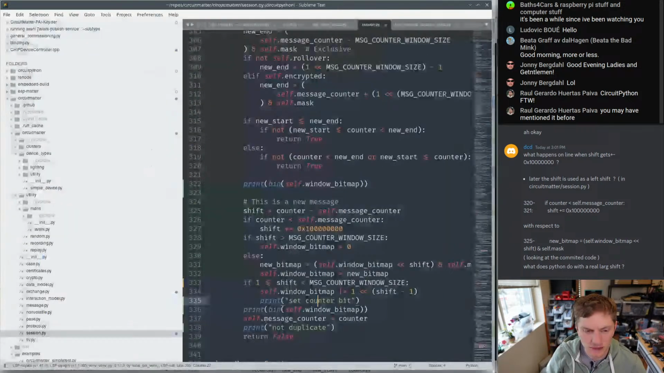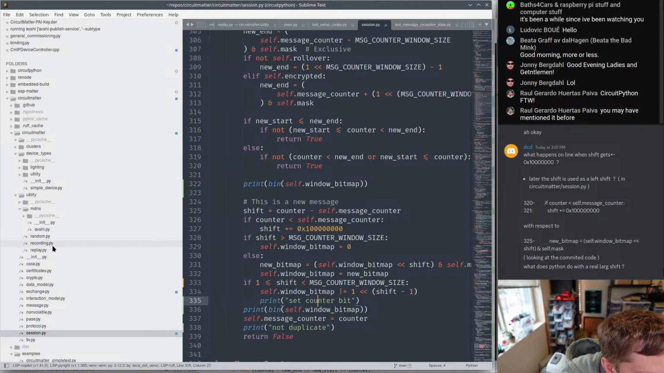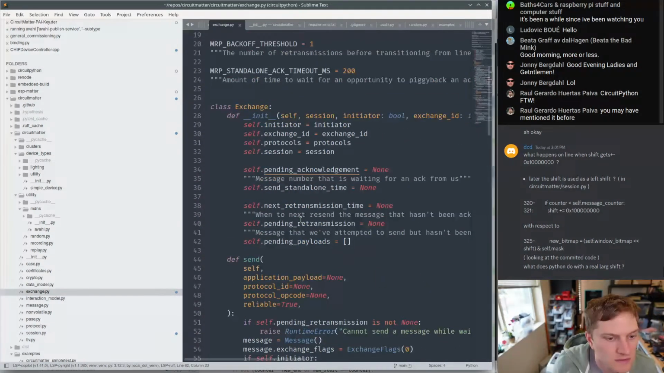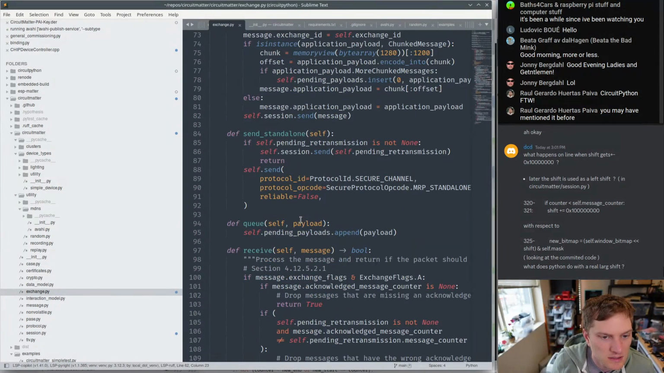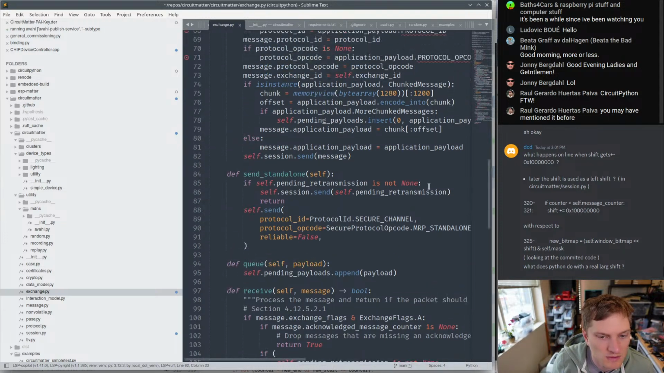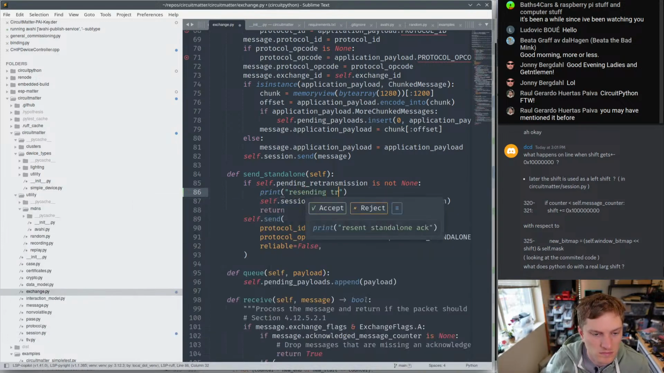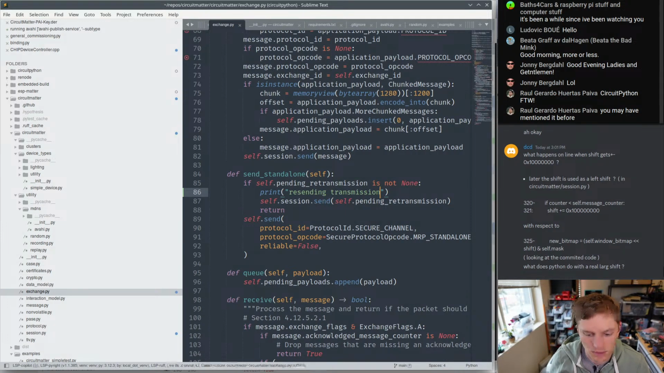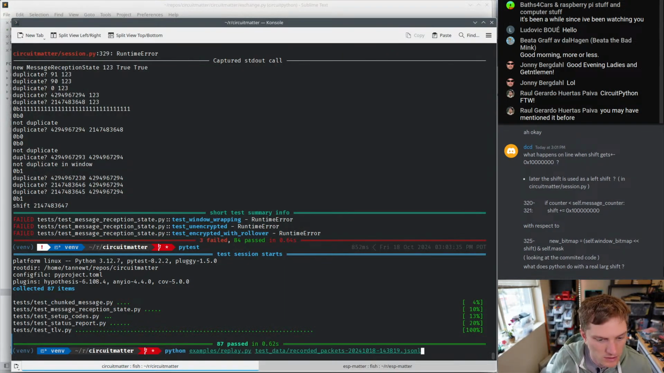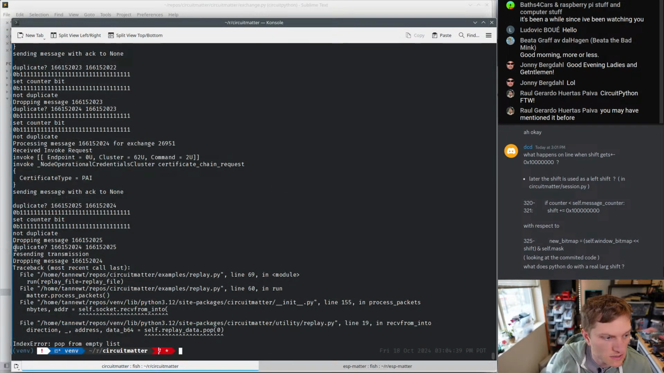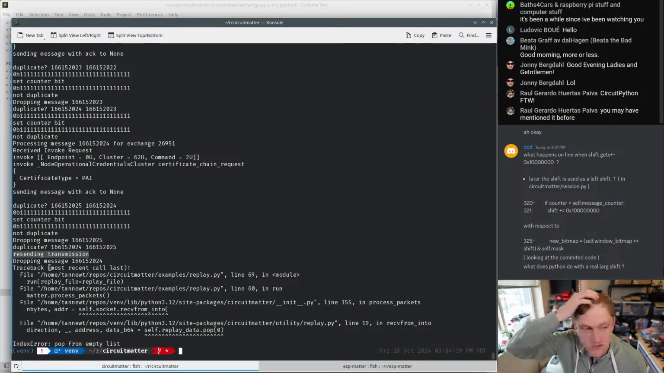Oh, you know what? Before I remove all my prints, I do want to make sure that the exchange is sending. See, so we say if there's a pending retransmission, then we send it again. Whatever, I don't care what it is. But we should see that we've got this duplicate. And on the exchange, we got a duplicate because the other end didn't get the thing that it was expecting, right? So that's why